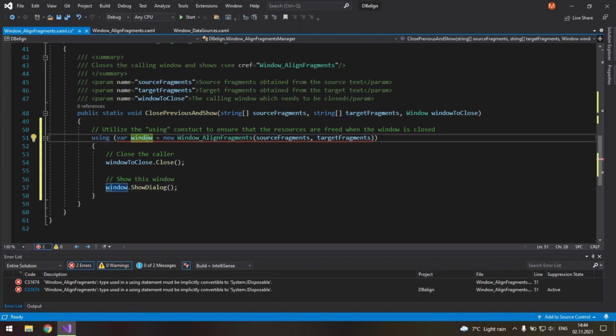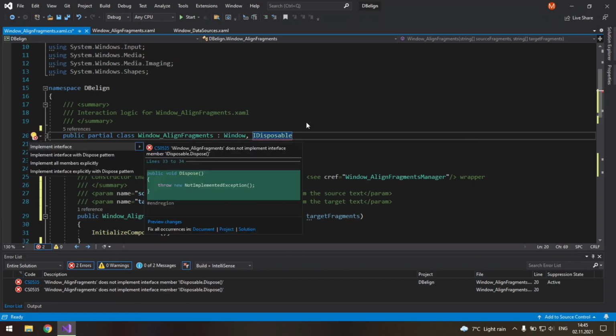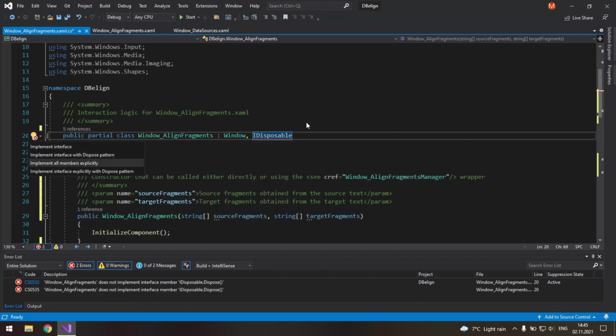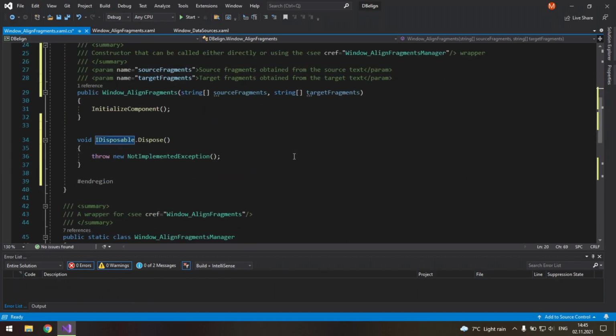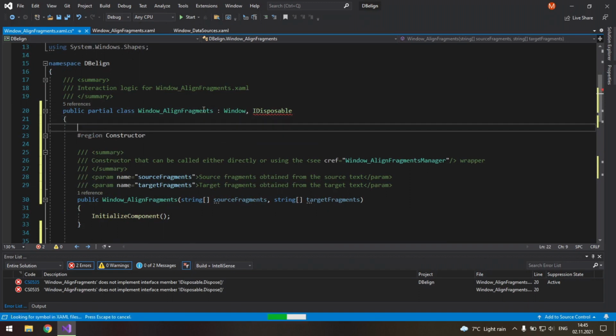It shows you an exception because we need to inherit our window from the interface called IDisposable. So IDisposable, then you need to press Ctrl dot, and I usually select implement all members explicitly. And now you see this new method. Let's put it up.